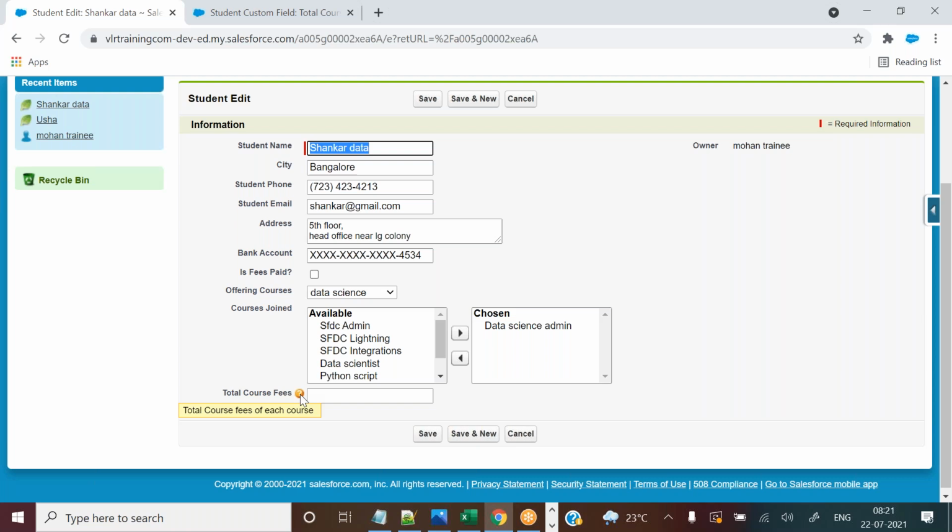Generally in real time, what is the benefit of the question mark? Suppose receptionists might get confused about the address. In the address there are two fields, address 1 and address 2, and they are getting confused about what to add in address 1 and what to add in address 2.